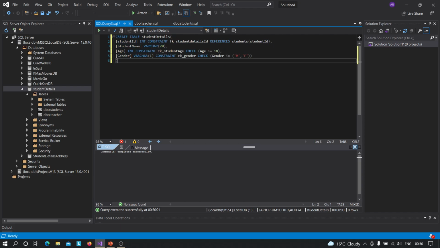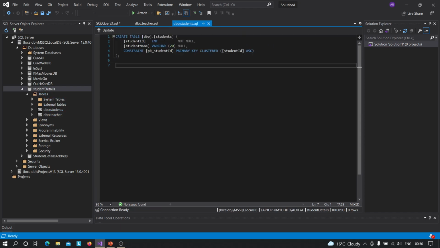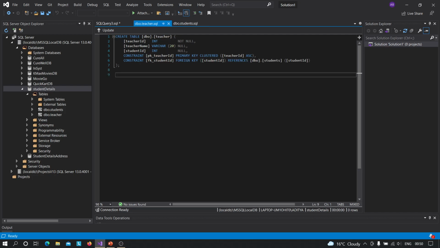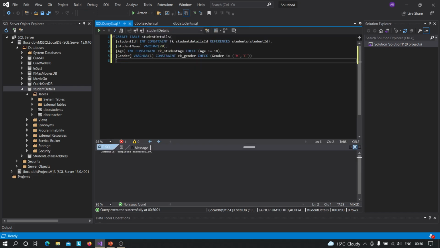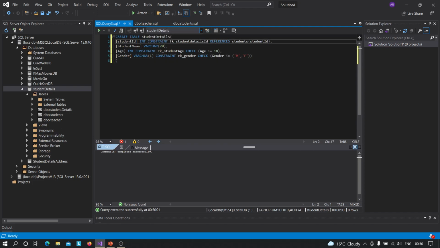In this database we have already declared a foreign key named FK student ID for referencing to this table. But now as I have created one more table, I have passed the same foreign key name for the teachers table here also. So it said there is already a foreign key named this one, so you can't pass this. When I changed this, it ran perfectly and it says completed successfully.